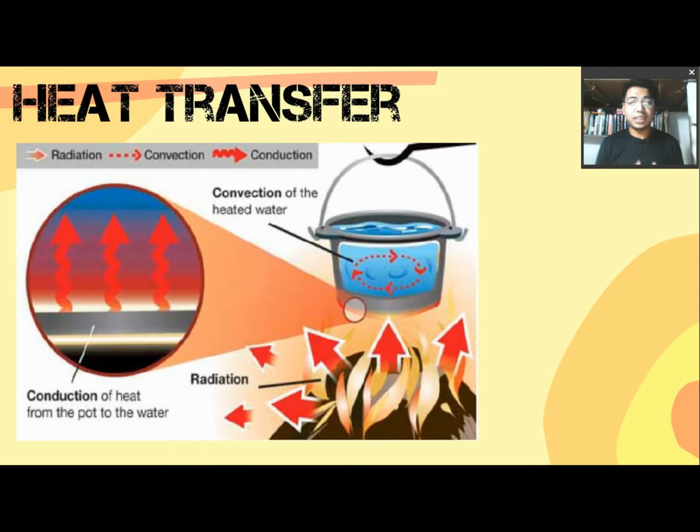Since we are talking about heat as one of the different concepts that we are going to discuss in thermodynamics, let's recall the different ways of transferring kinetic energy from one body to the next. Conduction is through direct contact. Convection is with the use of fluids, just like liquids and gases. And in the case of radiation, it is the movement of energy by means of electromagnetic radiation.